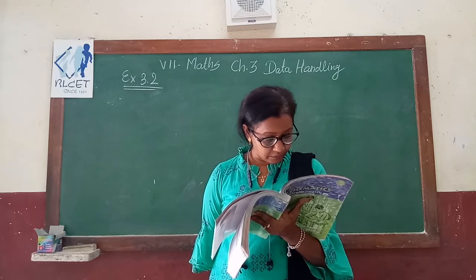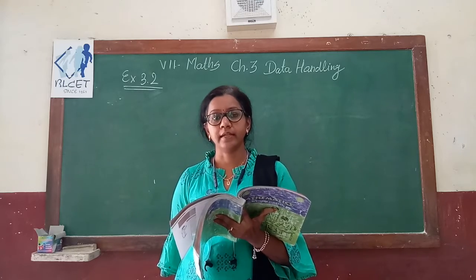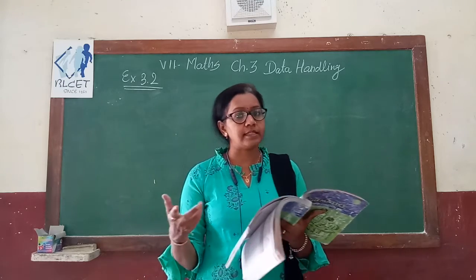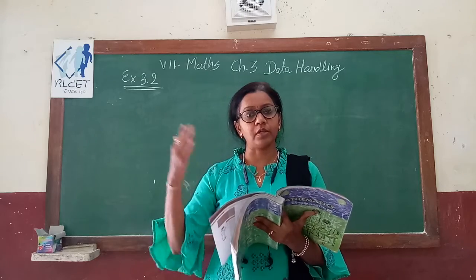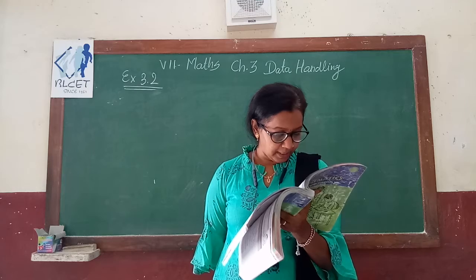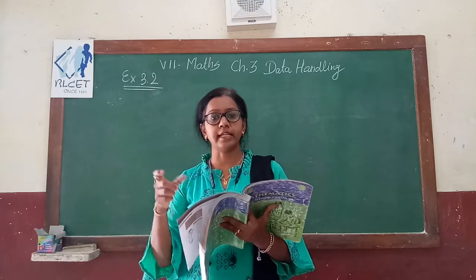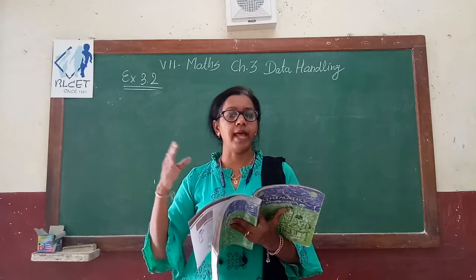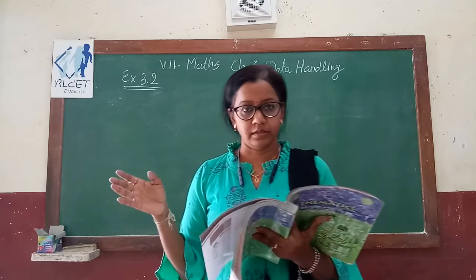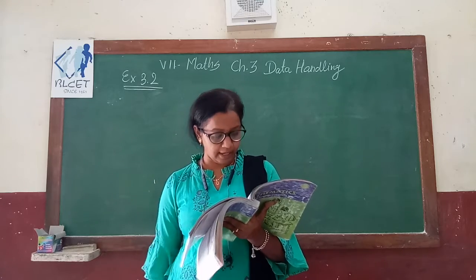The mean is one of the numbers in the data. No, it is not necessary. Sometimes you will get the answer in decimal points which is not there in the data. So we can say that this statement is false. The median is always one of the numbers in the data. True, because we are cancelling the same amount of numbers from the back and from the front. So you are getting the middle observation, that is always there in the data.